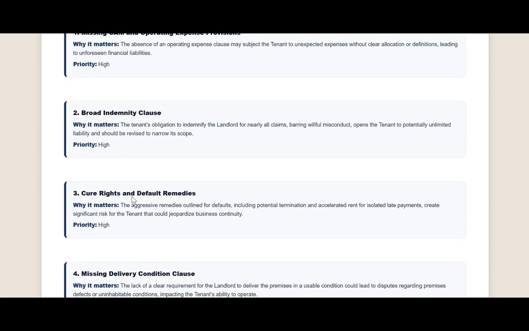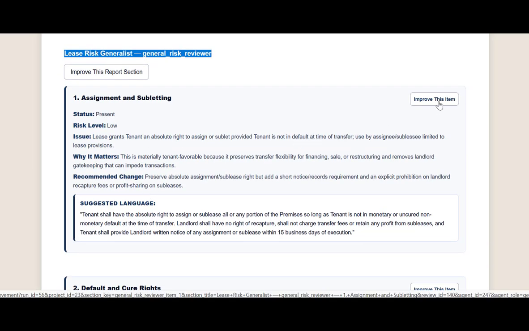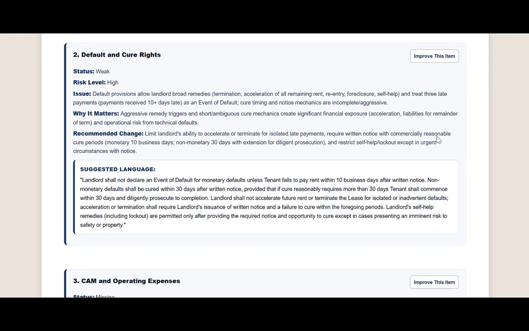I'm going to scroll down. I'm going to actually get to the Lease Risk Generalist report. It says Improve the section, but each one of the items has an Improve This item. So as you're going through the report, you may come down here to the default and cure terms. You may read the information and you may say, you know what, we standardize on 60 days. So you're going to want to improve this section so the next time the system reviews a lease, it doesn't come back with 30 days,